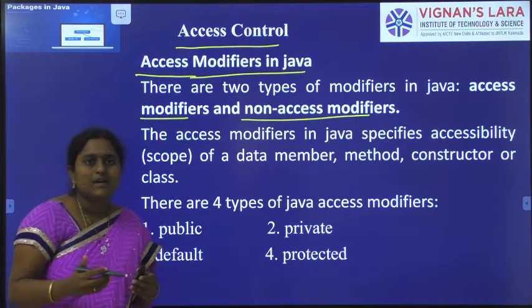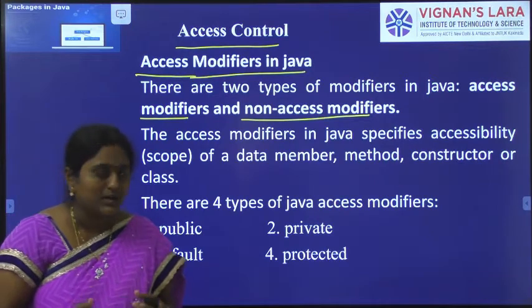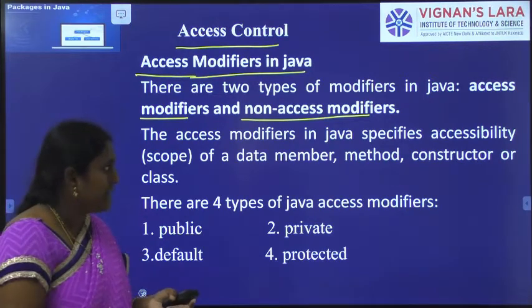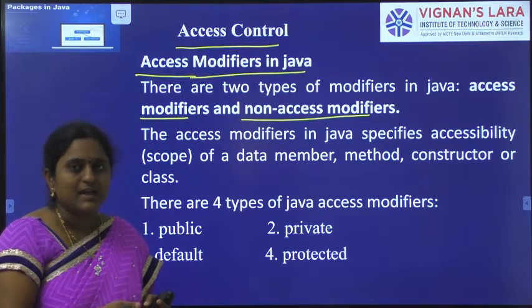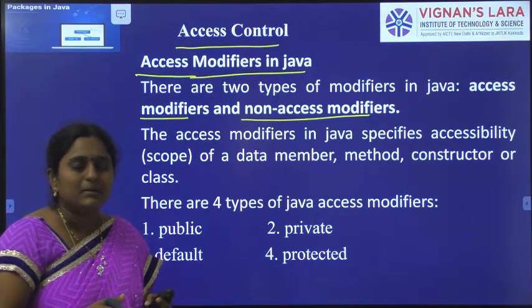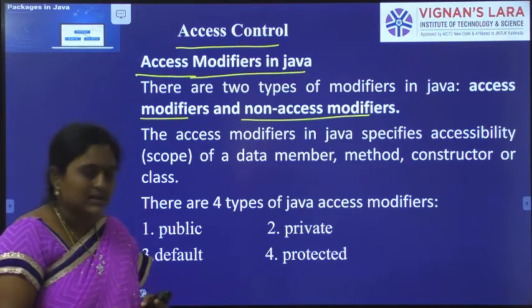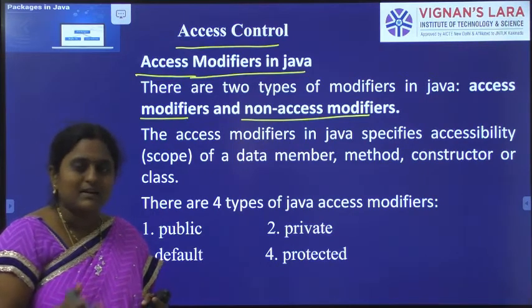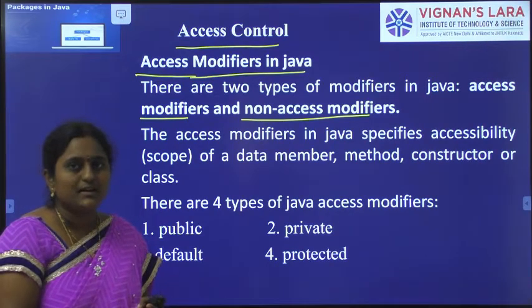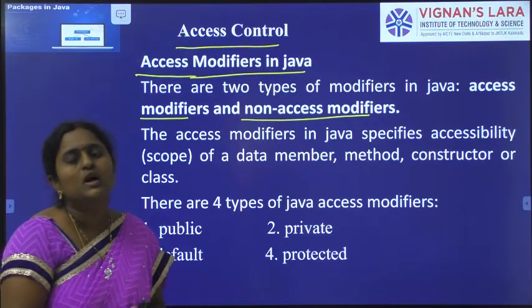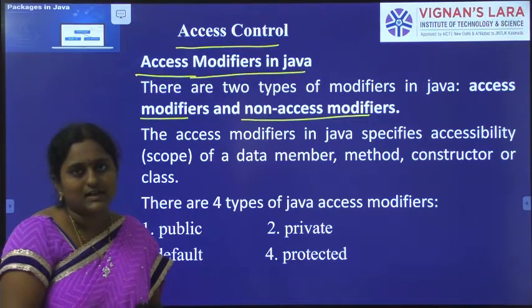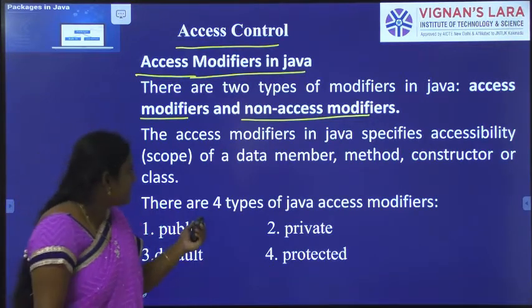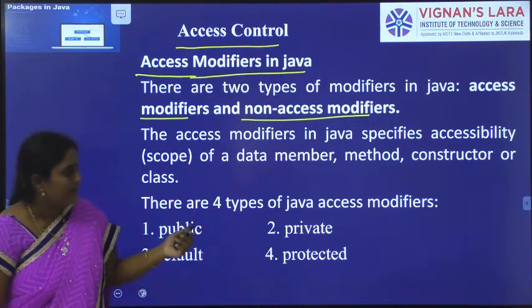Access modifiers are applicable to a class, method, data member and constructor. A class can be defined with any access specifier, and it is possible to define access modifiers with respect to a class, method and constructor. In Java there are four types of access modifiers.